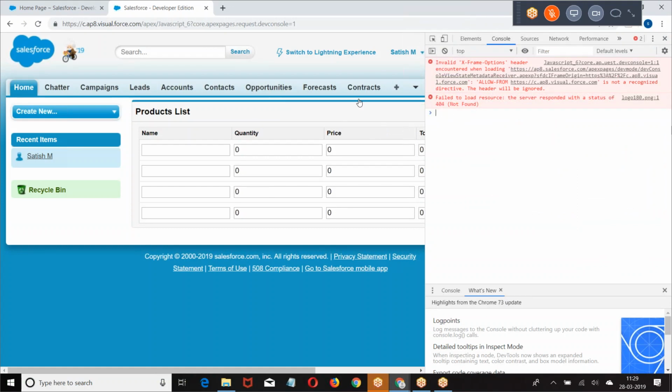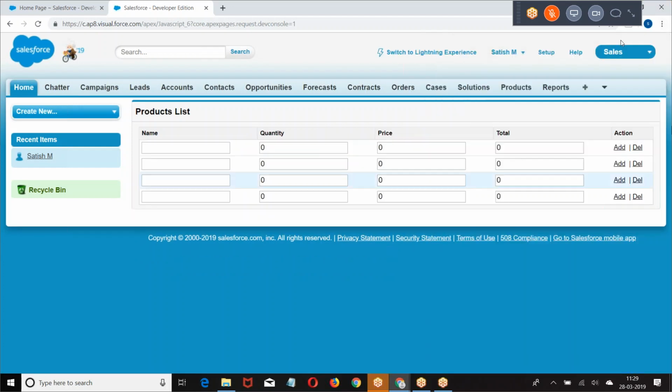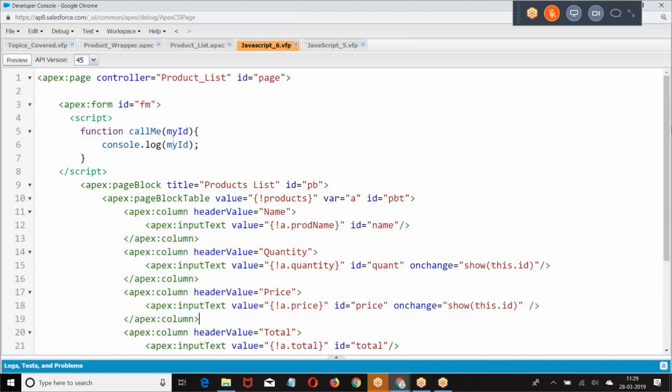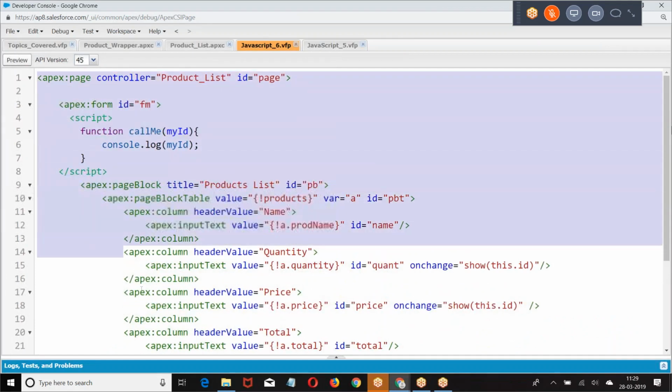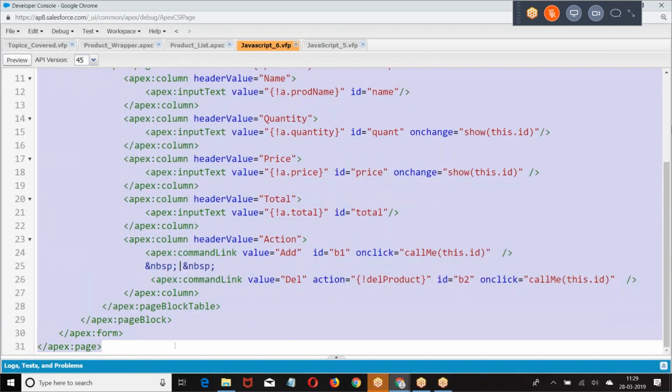We're not getting the ID. Let me copy paste it to different code and check it out. There's nothing wrong in the code.